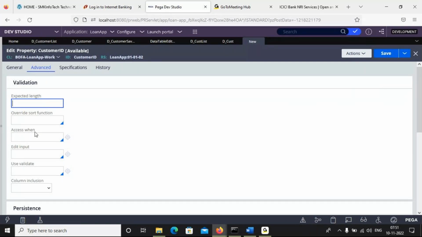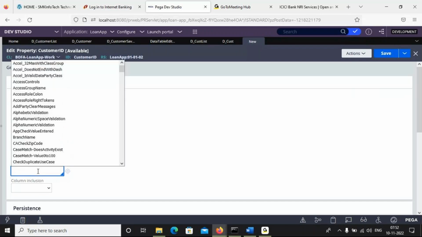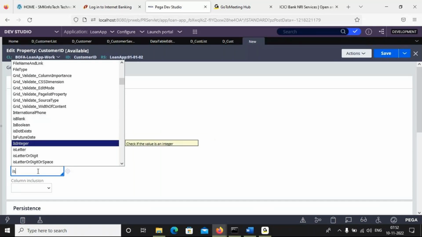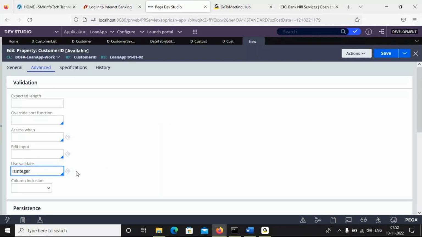Coming to the when condition, we'll talk about this later. Very important are use validate and edit input. What is the difference between them? Use validate is used to validate user input data. We have all inbuilt ready-made validation rules. For example, is integer, or checking a future date. If you click is integer, it allows only integers.